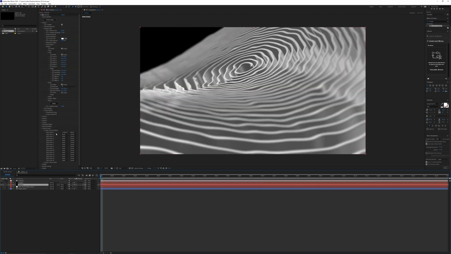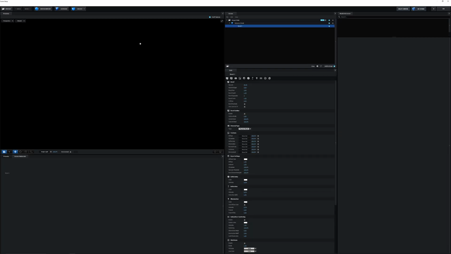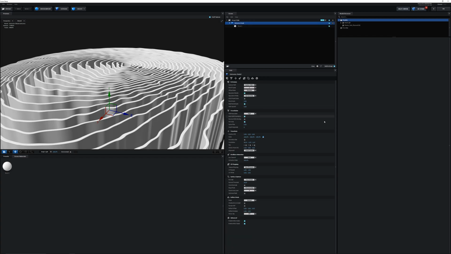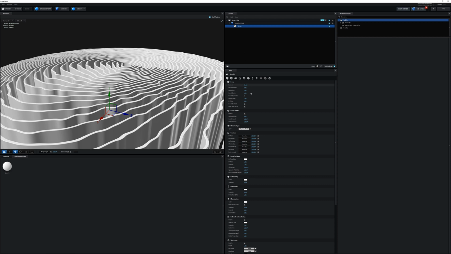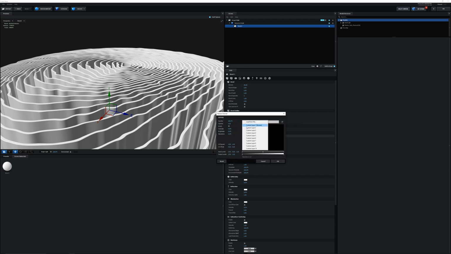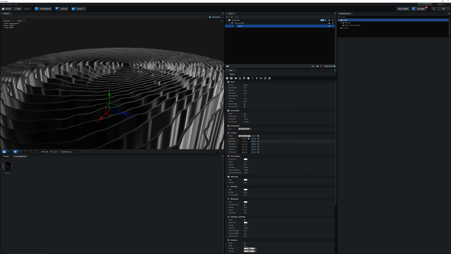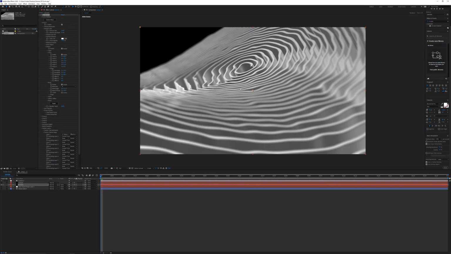Turn that layer off. And then in Element, we're going to go back to Custom Layers, and this time we're going to go to the Custom Texture Maps, select Texture, use Effects and Masks, and then we'll go back into the Scene Setup. So on the extrusion model here, we're going to change the texture mapping to Plane XY, and then in Bevel 1, in the Diffuse, we'll select where it says Non-Set, and then add in the custom texture map. We can copy that and then paste that on Reflectivity as well. So for the Reflectivity, we'll set that to 100%, and that is all we need to do here.